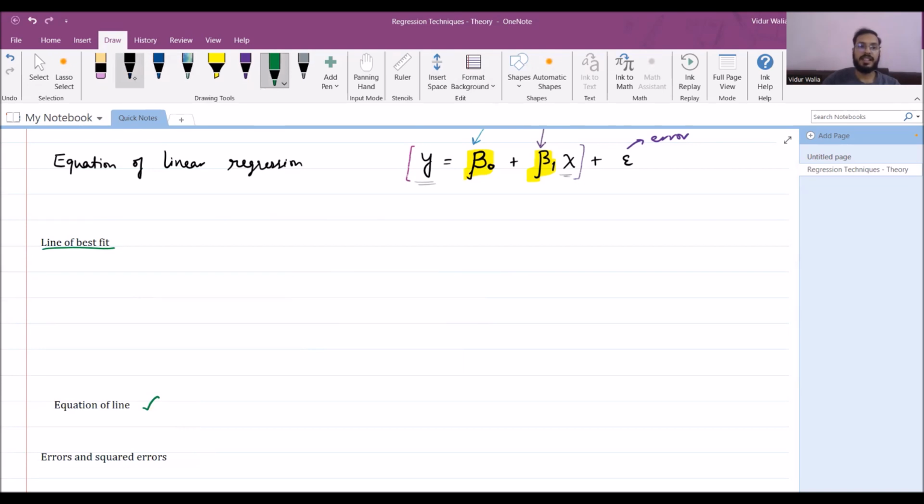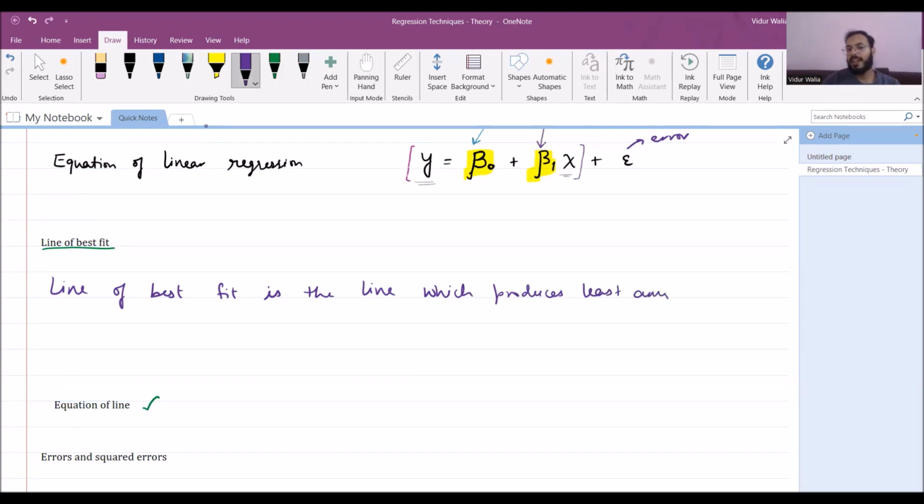We can easily define the line of best fit as the line which produces the least amount of error